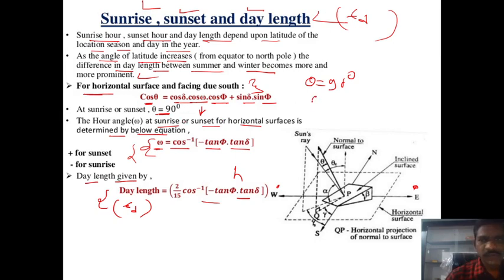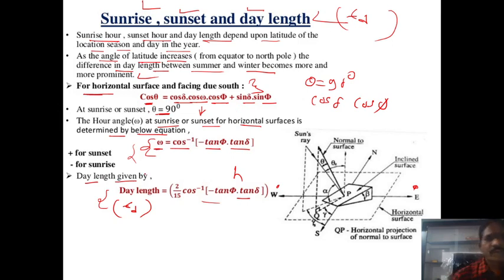क्योंकि ये इक्वेशन को हमने अगर डिवाइड कर दिया cos डेल्टा से तो cos phi से, तो फिर ये टर्म क्या हो जाएंगी? कैंसल. यहाँ पे क्या आ जाएगा? cos साइन अपॉन cos मतलब क्या हो गया? tan. यहाँ पे भी साइन अपॉन cos phi मतलब क्या हो गया? tan phi. Yes or no? Yes. तो what are we getting, our angle is cos inverse minus tan phi tan delta. और थीटा कितना हो गया हमारे पास में? 90. तो cos 90 क्या हो जाएगा हमारे लिए? 0 हो जाएगा. तो ये टर्म इधर शिफ्ट होके बन गई ओमेगा इज इक्वल टू cos inverse minus tan phi tan delta. Very simple mathematics guys.